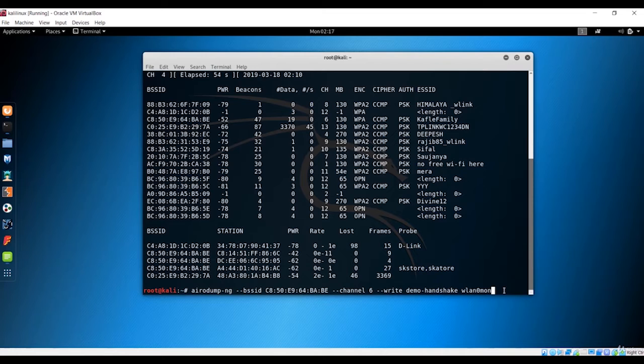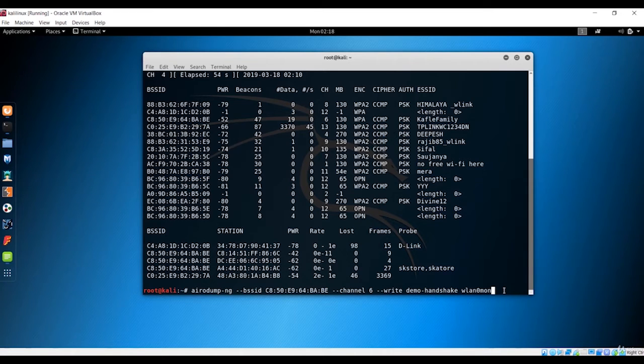So at least there should be one client connected to the network, because if the network is empty, that means we don't have any handshake. If this process has to work, there should be at least one client connected to that network. And after it's connected, maybe a time comes when that client disconnects from the network, and we'll just send this handshake packet to give a connection.